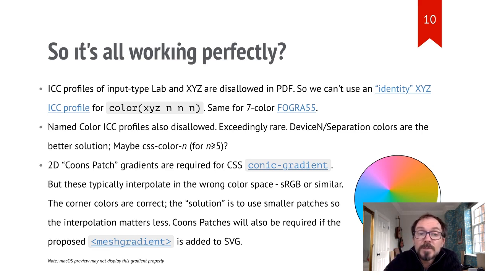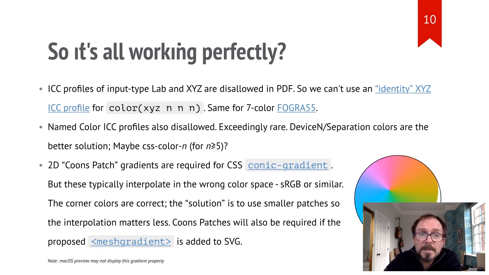The problem is that most PDF viewers interpolate the patch in the wrong color space. The spec is clear this is wrong, so I'm going to call it an implementation issue, but none of the PDF viewers we tested got it right. I thought we'd found a way around it a few weeks back, but I was wrong. Instead, the gradients I'd drawn had been automatically broken up into smaller steps, so I couldn't really tell which color space the interpolation was happening in. And that's ultimately the solution to this problem.